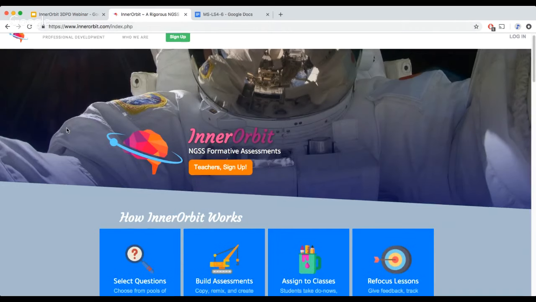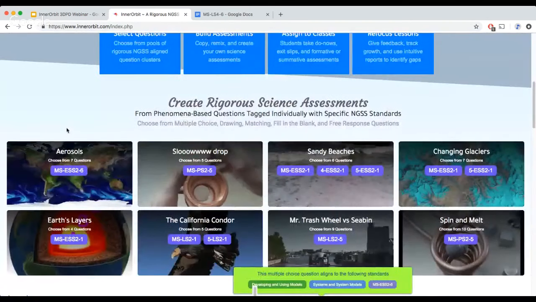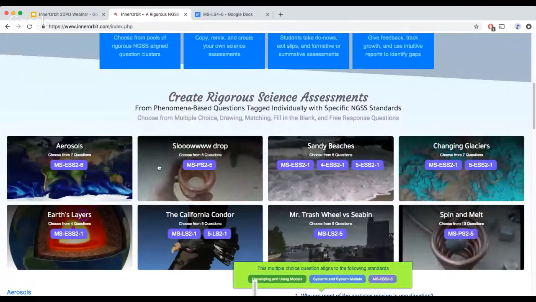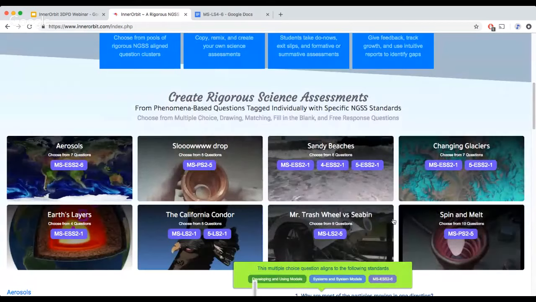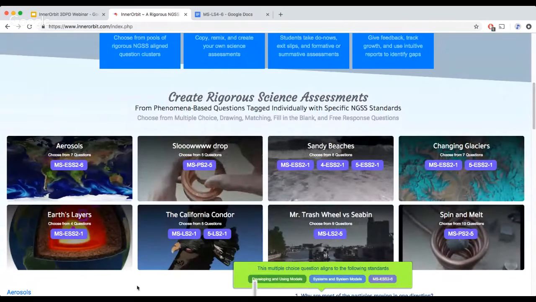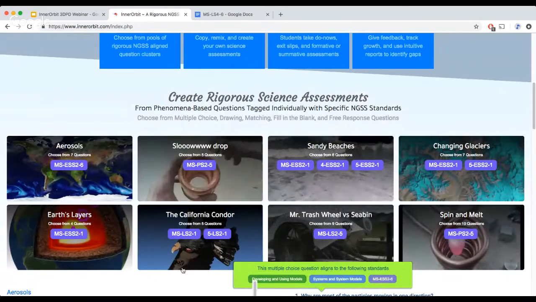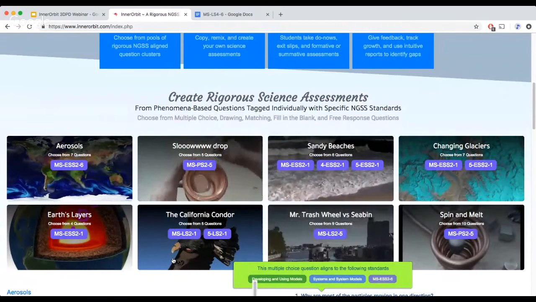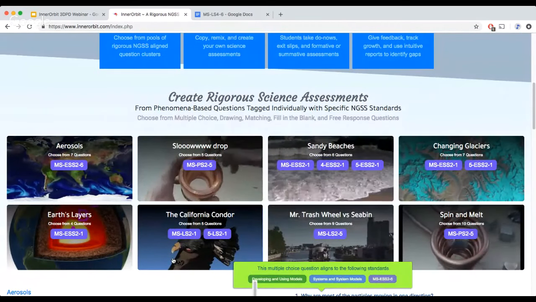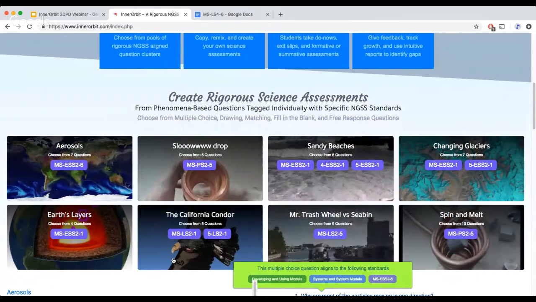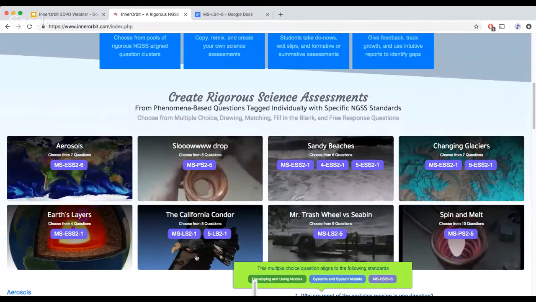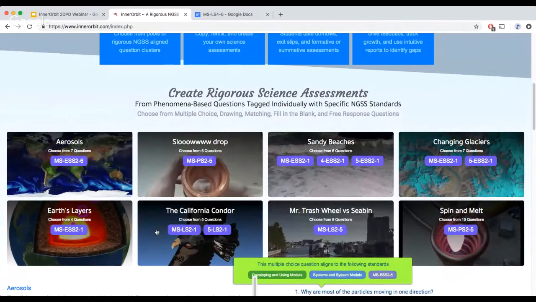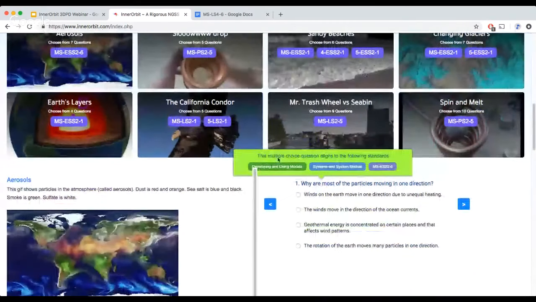I'm going to scroll down to our assessments just to give you an idea of what all of this looks like. So everything is based around either GIFs or as pretty of pictures as we can get, except for this California condor one. We had to zoom out a little bit. California condors are pretty gnarly looking birds, so we purposefully don't include any really, really close-ups of them, but there's also some pretty cool pictures of them in here. So you can click through these, and the goal is really, with each of these phenomena, we have these